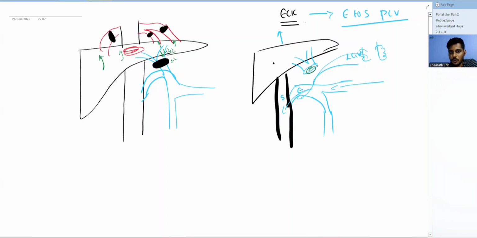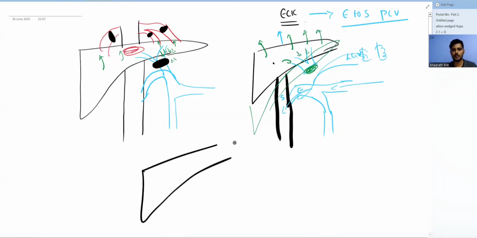Now if you block here, what happens? Neither can the blood go into the hepatic veins because there is a thrombus, nor can the blood come back into the portal vein because you have blocked the portal vein. So because of this, the liver used to get congested. The liver was not decompressed at all, and there was huge hepatomegaly. Right? To solve this problem, there was another idea where they did not do an end-to-end anastomosis,